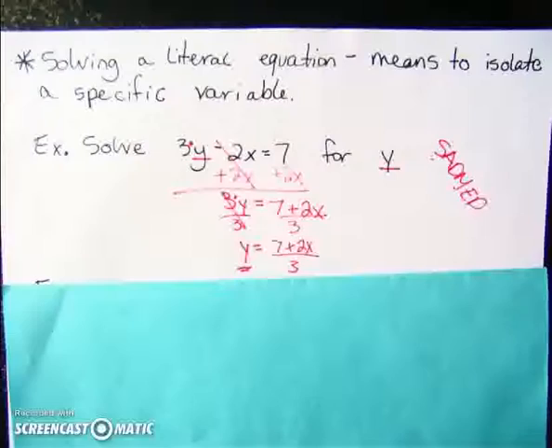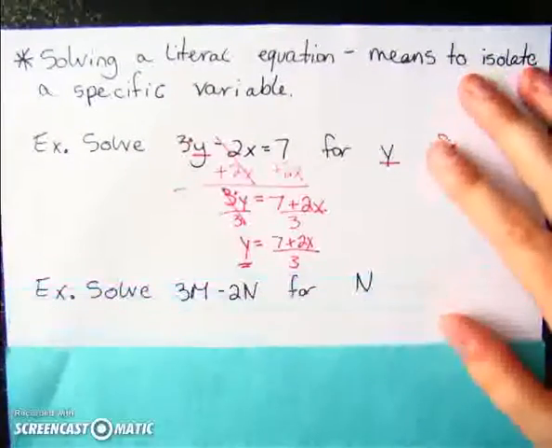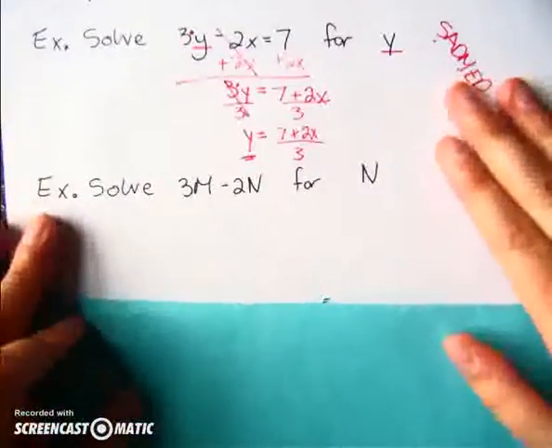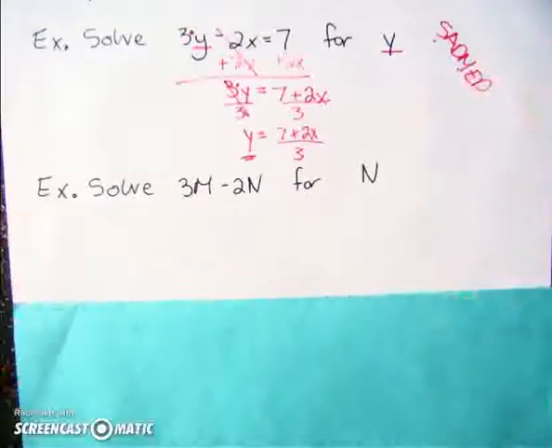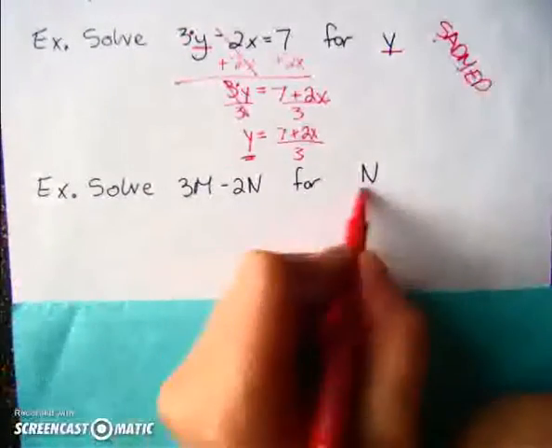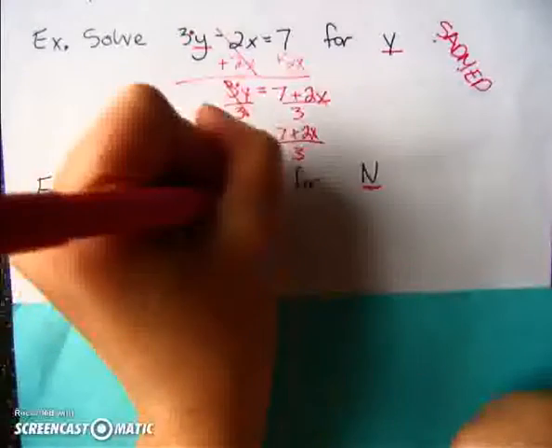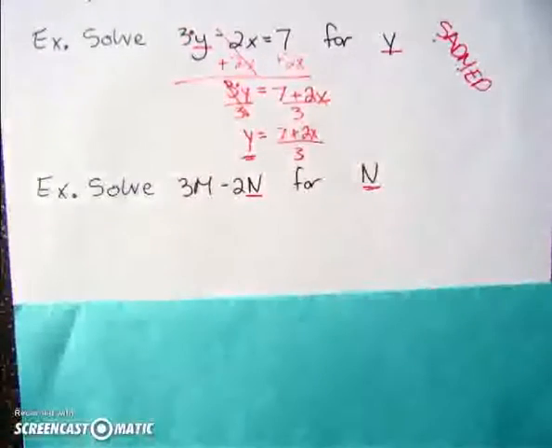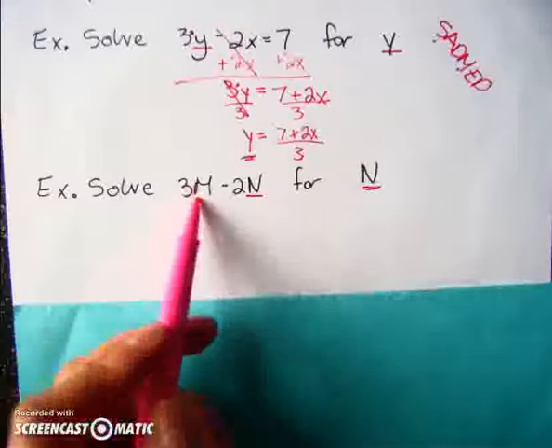Okay? All right, we're going to do 2 more examples. The next one is solve 3m minus 2n for n. So we're looking for this big N. That big N is right here. I'm going to have to switch pen because this one's